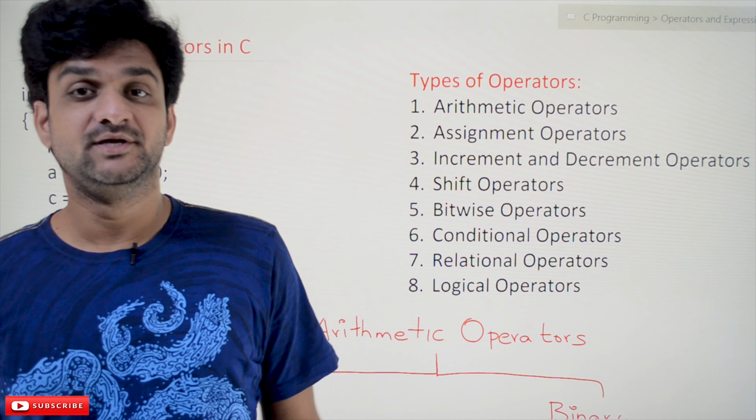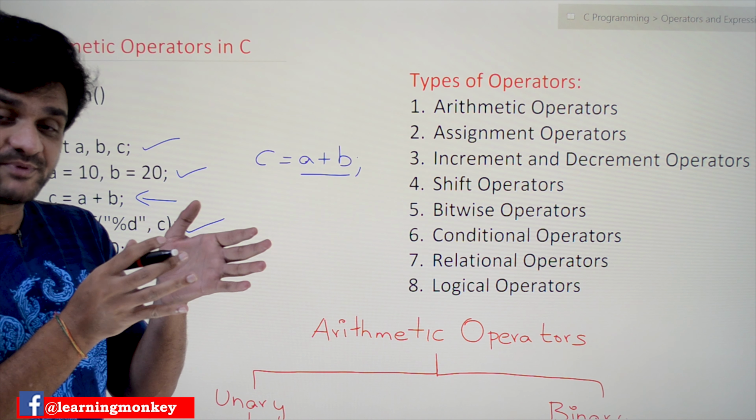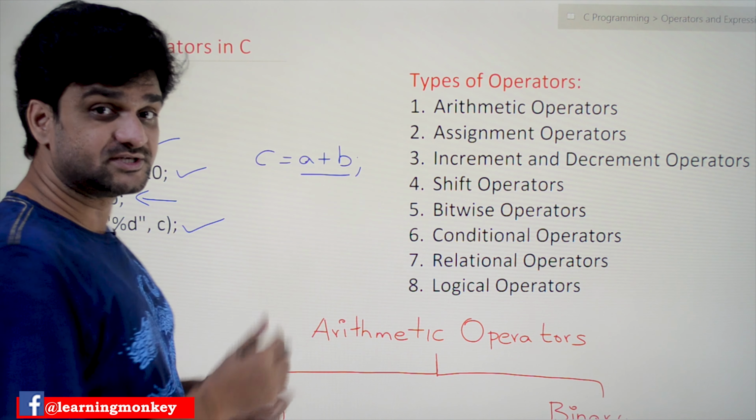This line of code is c is equal to a plus b. In this, a plus b is what we call a mathematical expression. Any mathematical expression consists of operators and operands. In this entire mathematical expression, this is an operand, this is an operand, and this is what we call an operator. This is an operator, and this is also an operator.